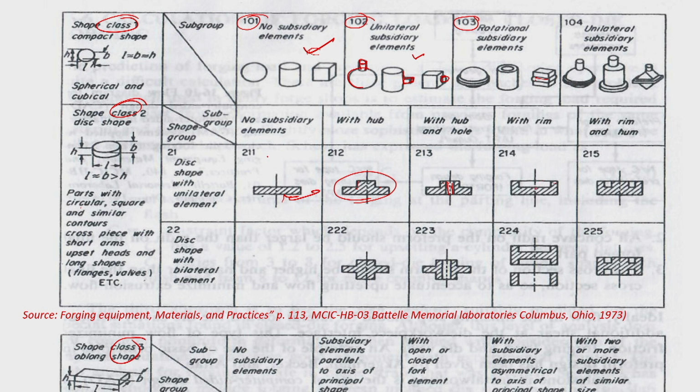It is possible, but it is difficult compared to the other cases. Similarly, now with the rim and hub both coming, it will be much more complex to get, because you have to have more and more operations with each change in this case, and finally, you have to provide for the facility in the finishing operation also, or maybe the blocker die also you have to provide it.